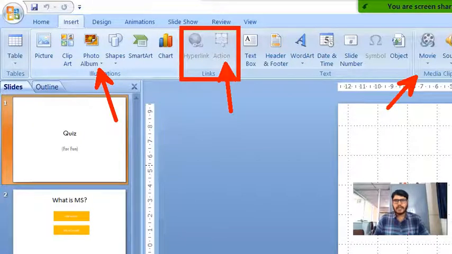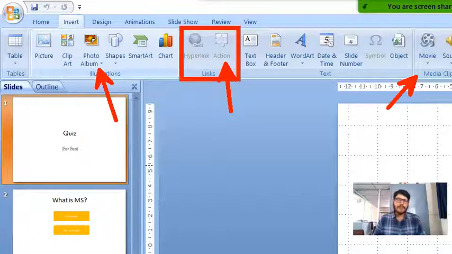Let me explain about these options in today's session by considering one quiz example, so how we can provide an action link for next slides. Before this, let me explain how we can create a photo album by using a PowerPoint presentation.